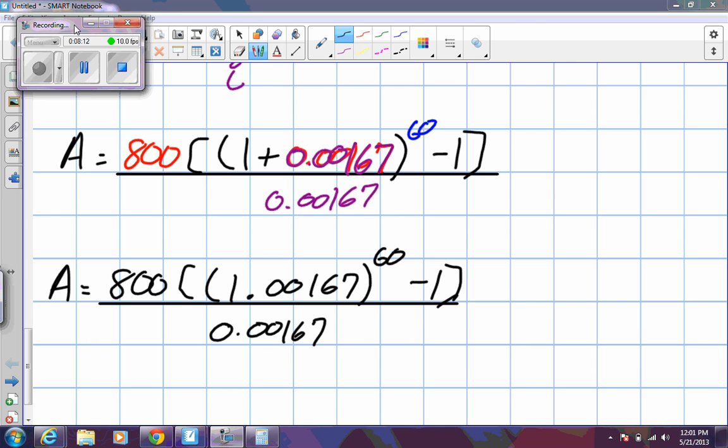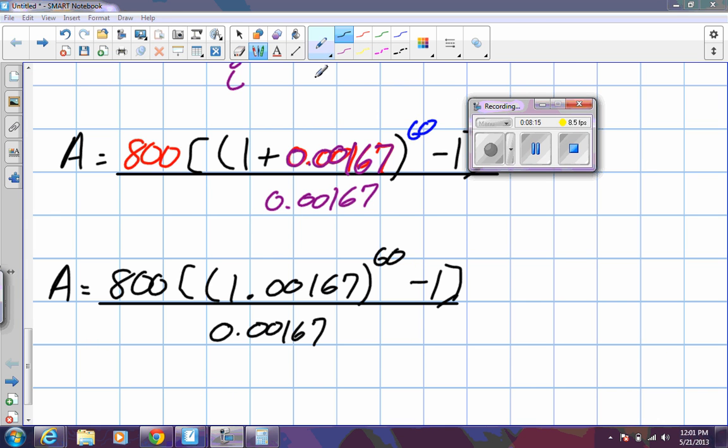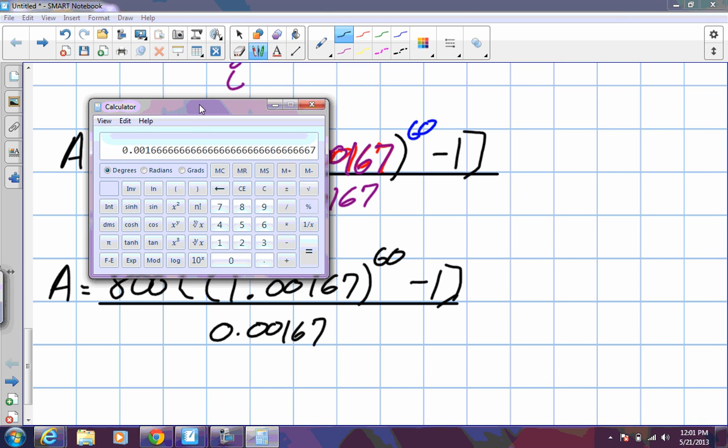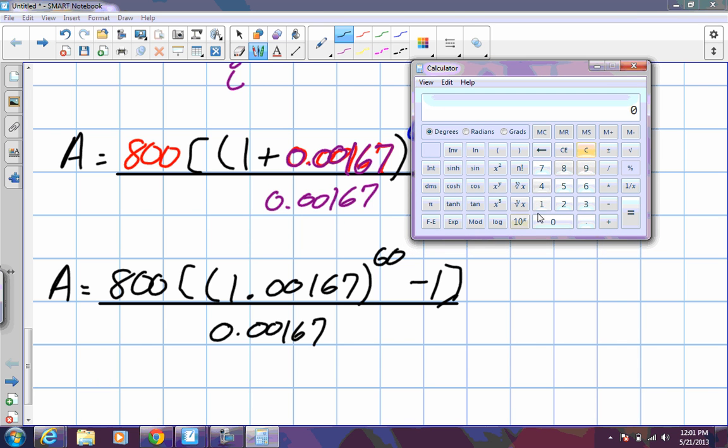So the very first thing I want to type in is the exponent I have at the very beginning. Let's type in this exponent we have, 1.00167, and we're going to put it to the power of 60. Then we're going to subtract from it this value of 1. Which will then be multiplied by 800. And then the very last step will be to divide by this decimal of 0.00167, which equals